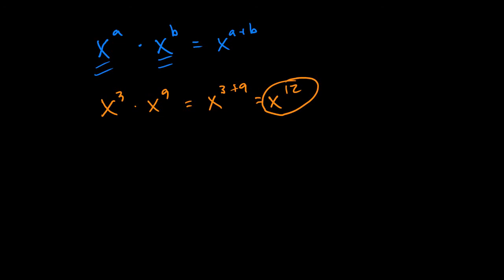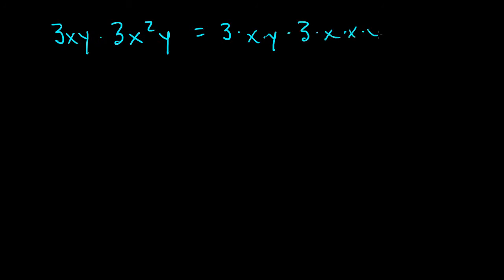Okay, so if we know that we can add exponents when we're multiplying like bases, we can simplify some expressions like this, 3xy times 3x squared y. To begin with, let's think about rewriting this expression so that we can see what's all being multiplied. 3xy is just 3 times x times y, and 3 times x squared times y could be written 3 times